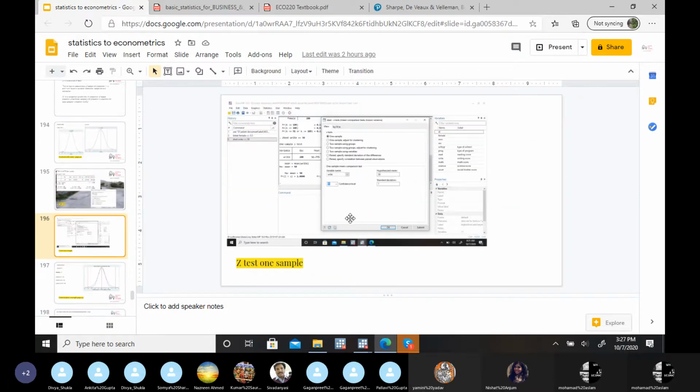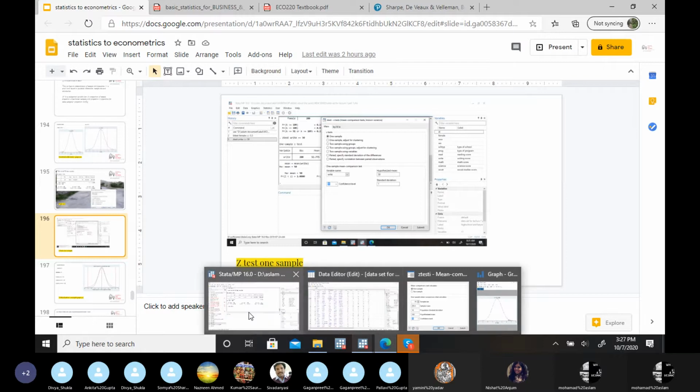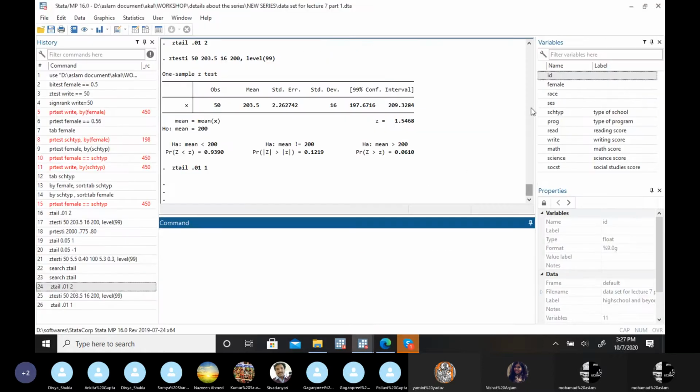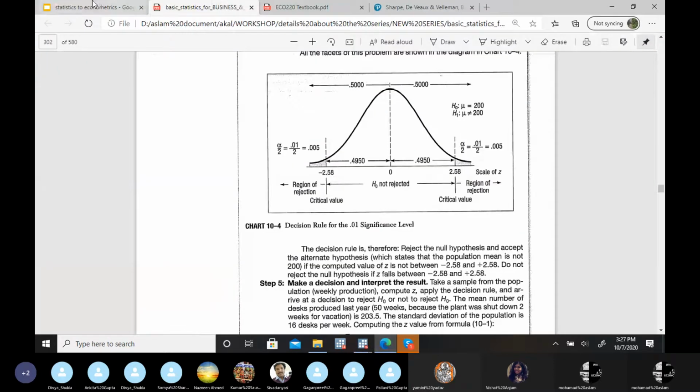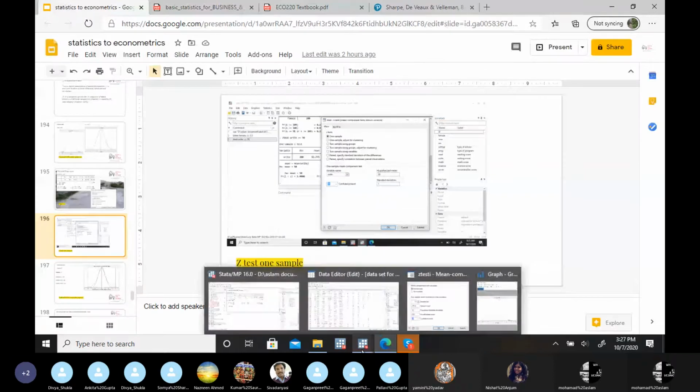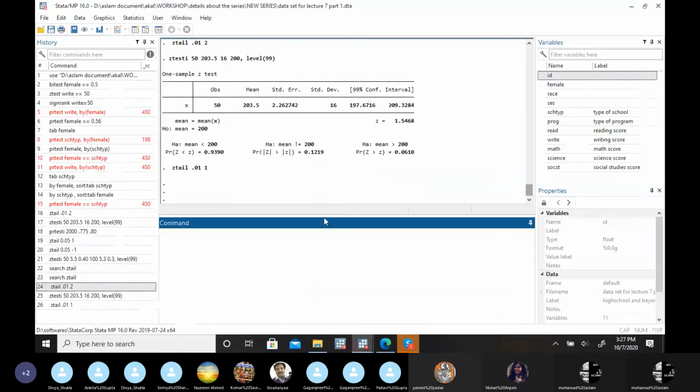Okay, let me show you one more example. Now you have this data set, please open your data set. I was trying to show you the textbook example, but how do we do the same exercise when we have our own data? Then you don't need to enter all the values; there is a shortcut method. So now please open the data set which I shared yesterday.